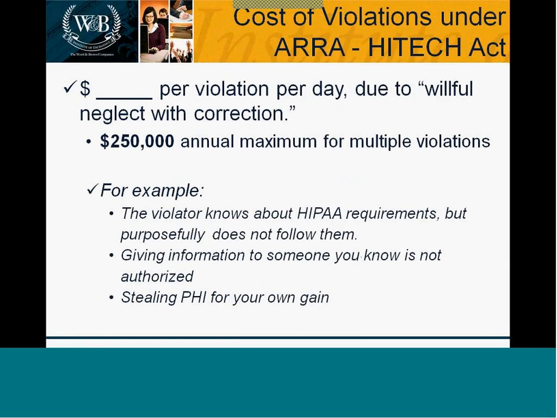The next is higher yet. In this case, the violator knows about HIPAA law, but will neglect it, as they call it. That's about $1,000 per day per violation. And this would be where I'm giving information to someone I know is not authorized, or I've stolen PHI for